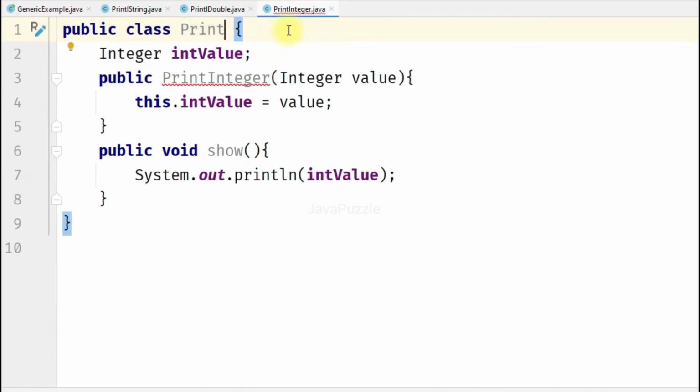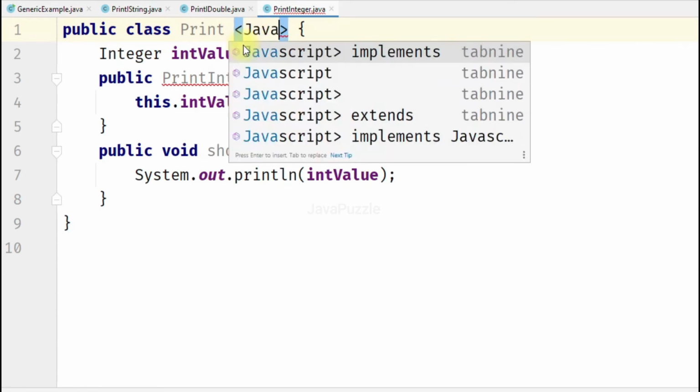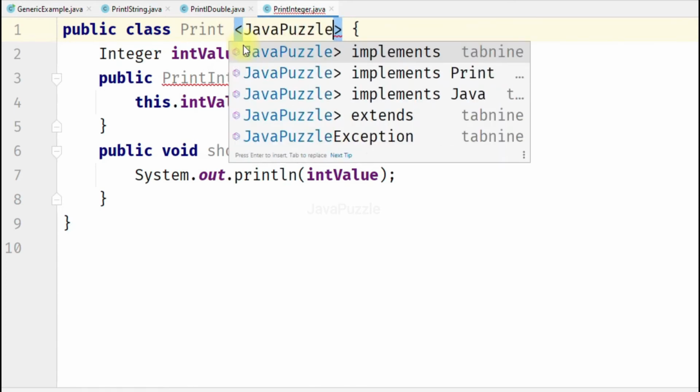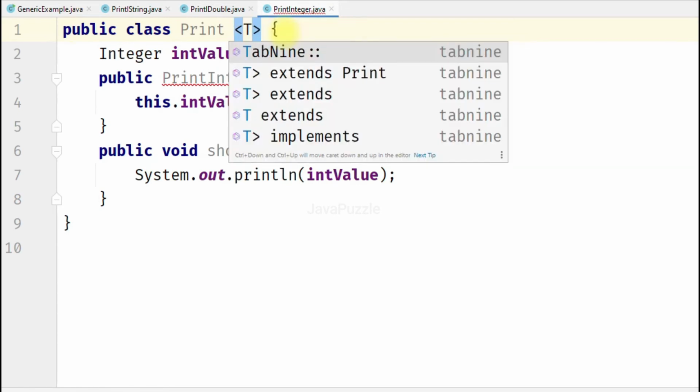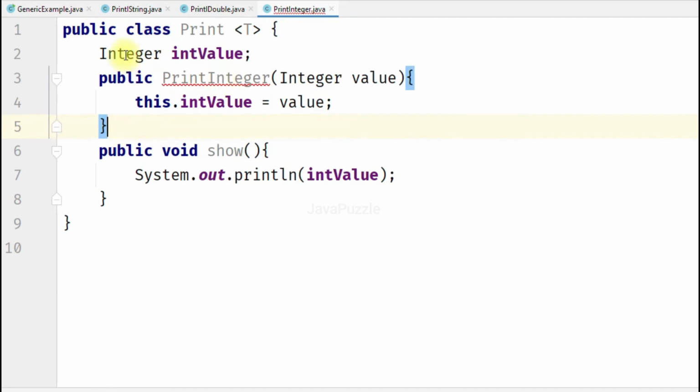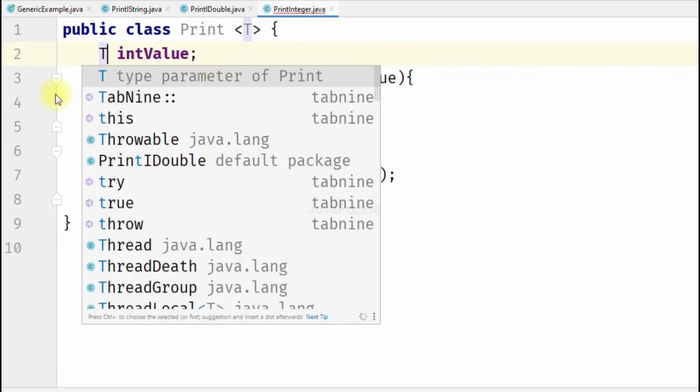Remove this, make it a Print, and here I'm just using T or whatever. If you want to add something else like JavaPuzzle, you can do the same, but as the standard we are using the T here. Add a T here,